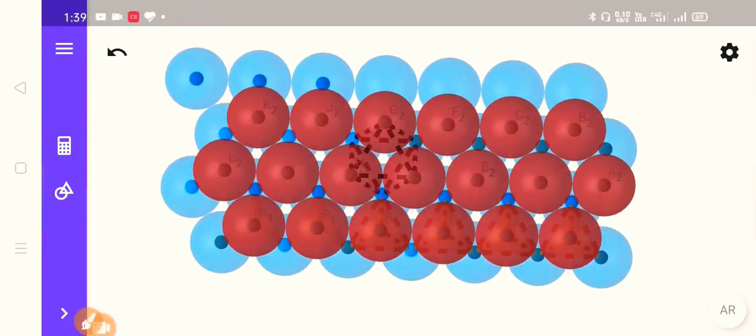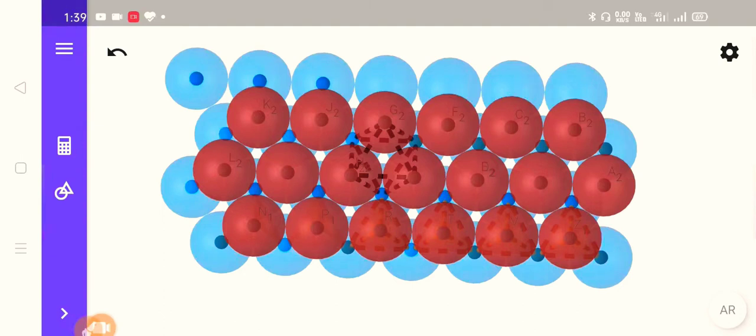As you can see, we stacked two different layers of hexagonal 2-dimensional close pack structure on top of each other. The bottom layer is the A layer, the upper layer is the B layer. Here we created two different types of voids. Now what are voids? Voids means empty space between spheres.